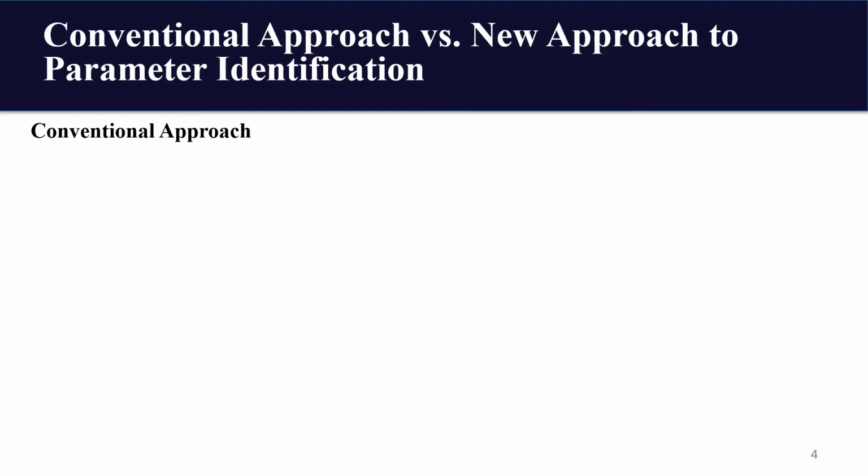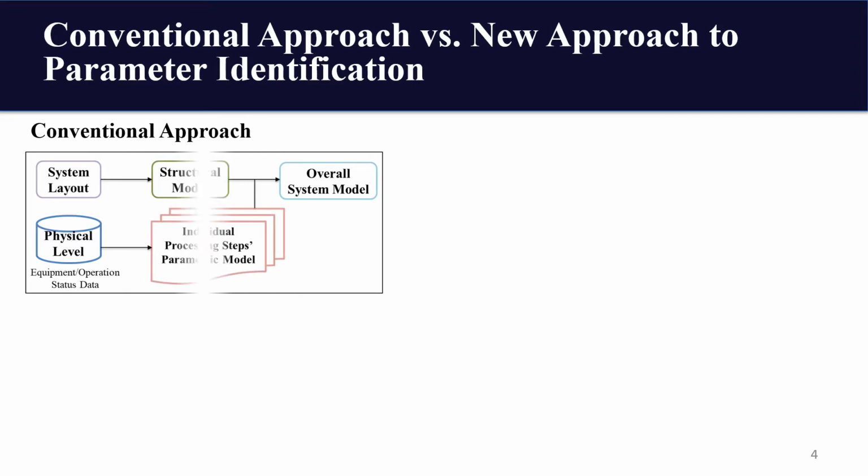For identifying the parameters in the conventional approach, we collect data from each individual workstation at the physical level and come up with methods to aggregate the data and to extract the model parameters, which involves a lot of individual processing steps per metric models. So there are many limitations.